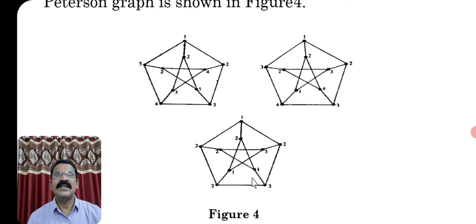So the condition is that the adjacent vertices must have different colors, or you can say no two adjacent vertices have the same color. So keeping that in mind, we have colored the same Petersen graph in 3 different ways. The first graph, with 5 colors, is a 5 coloring graph. This is a 4 coloring graph, this is a 3 coloring graph. Okay, so you can see the difference.